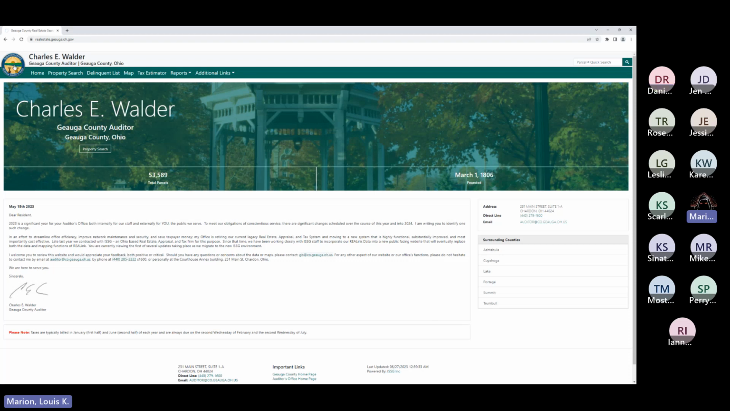If you were to click on the seal, you'd be taken back to this main screen, the same as if you were to click the home button. The second thing I want to take a look at on this first opening page is the parcel quick